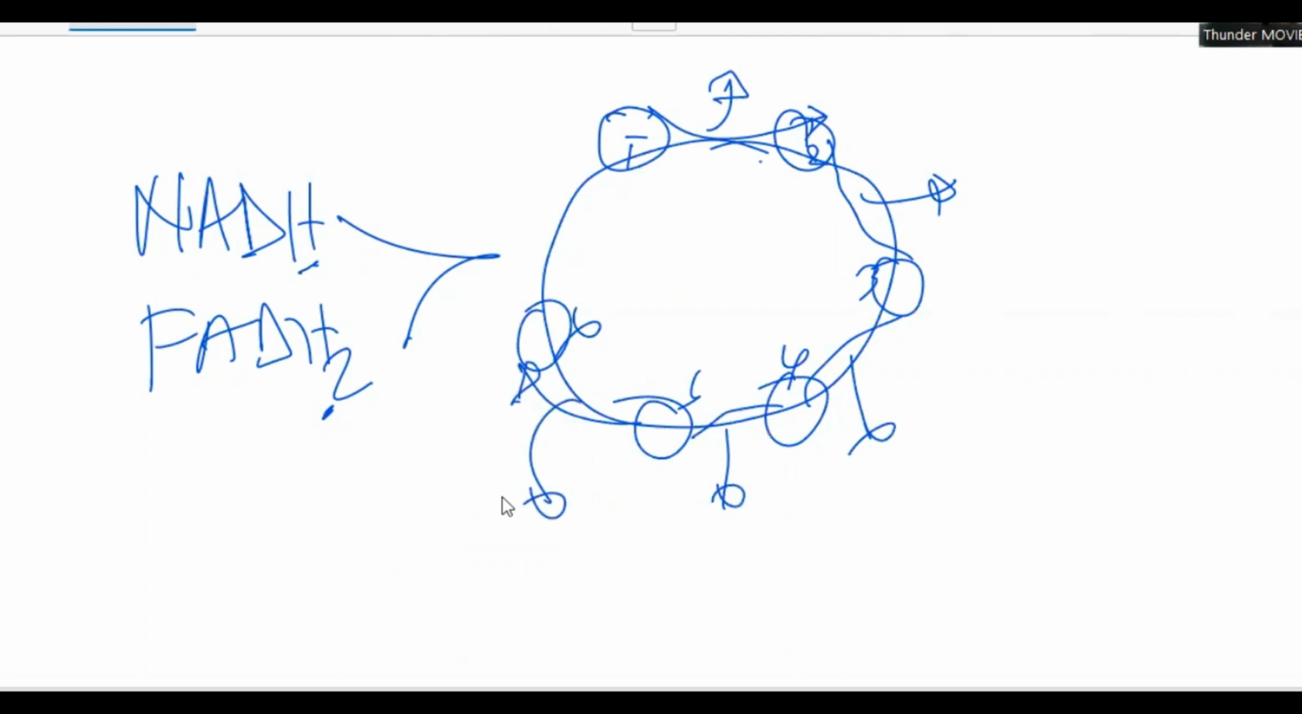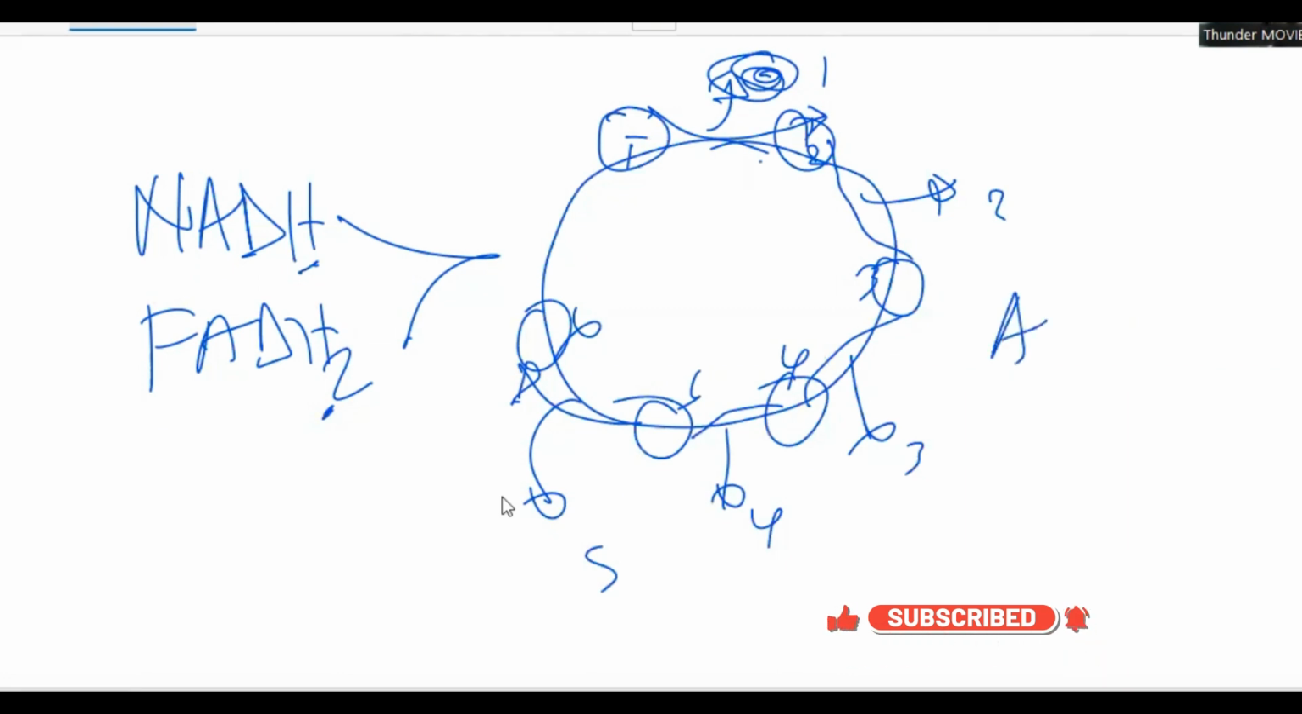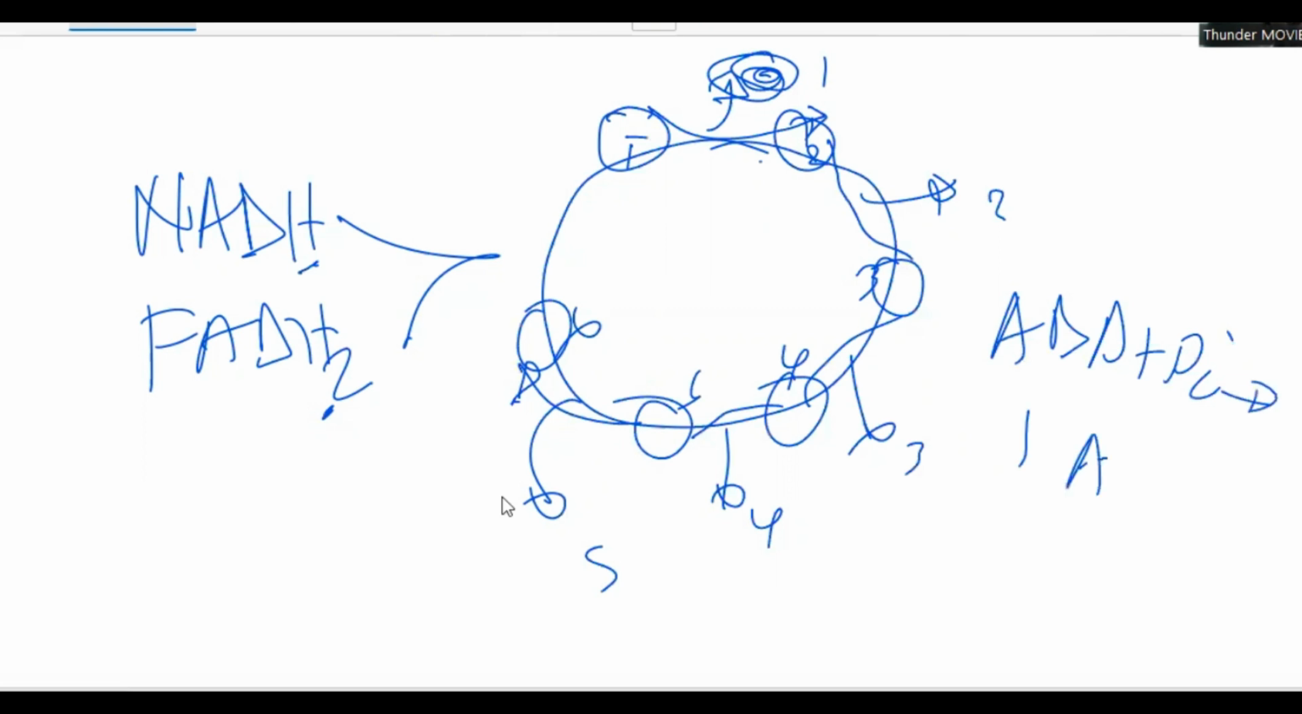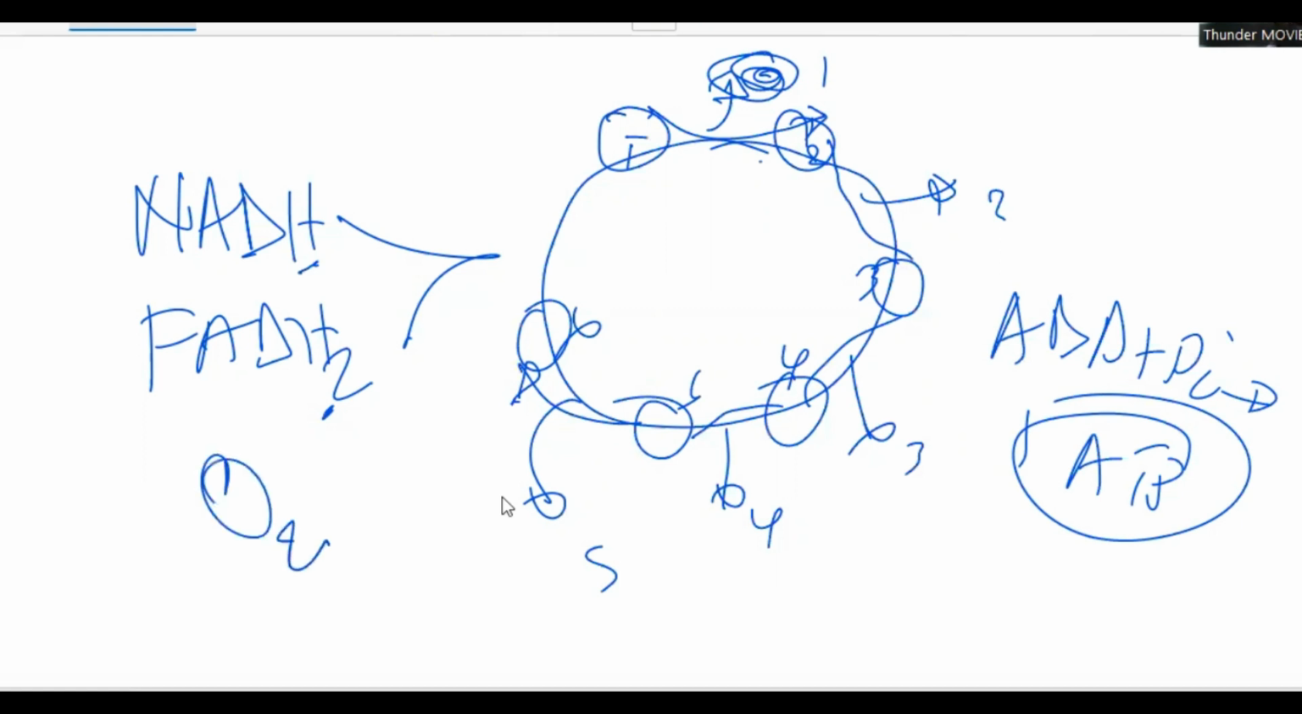Now, this energy which is released here is used to add ADP plus inorganic phosphate to form what? ATP. And that energy which is released here is stored in the form of what? ATP. Now, what happens to the last hydrogen acceptor? The last hydrogen acceptor is going to be oxygen. The oxygen accepts the hydrogen, and then it forms